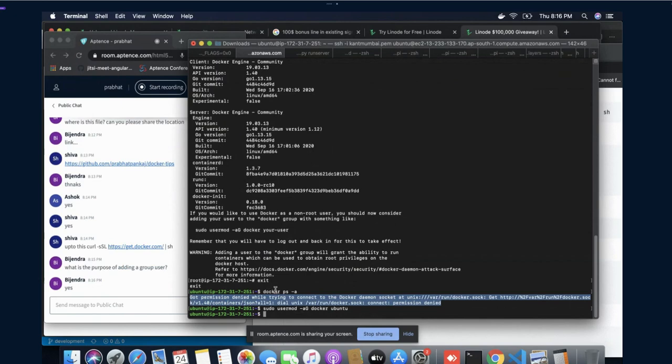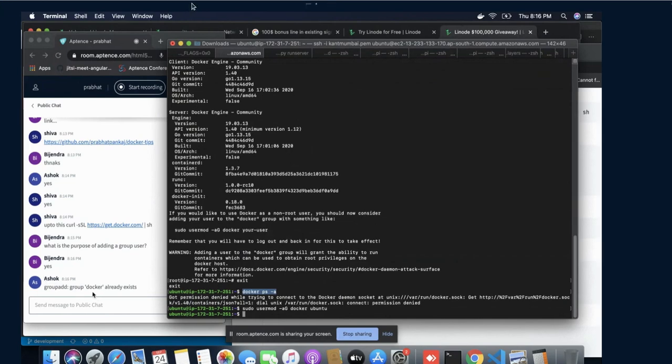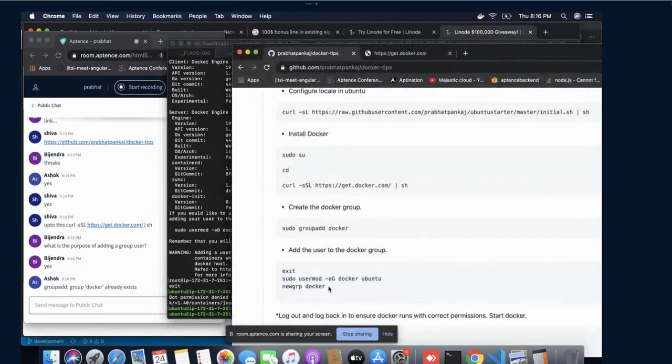So in order to avoid this error, means without sudo, I should write docker ps minus a. So now we have added the docker user. No problem. So you can ignore it. After that, you may have to write like this one.